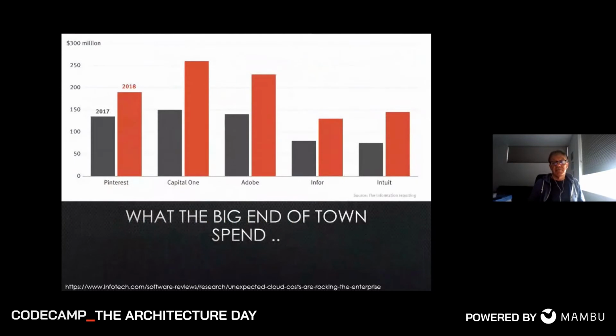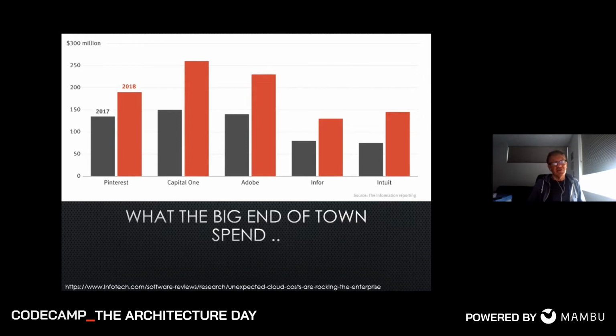Money, of course, is a big factor in your cloud, and as the introduction said, it's nice to get a predictable, not very large cloud bill every month. Some people spend enormous amounts of money on their cloud spend. Here's just a slide that shows you what people were spending, like Pinterest, Capital One and Adobe in 2017 and 2018.